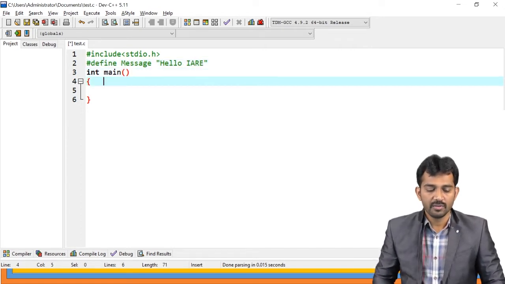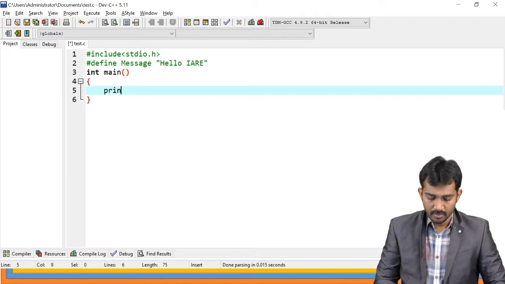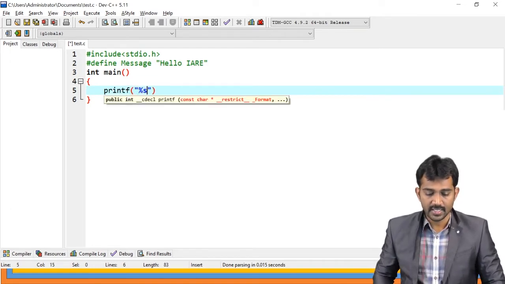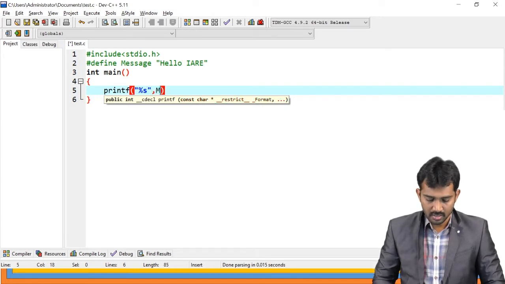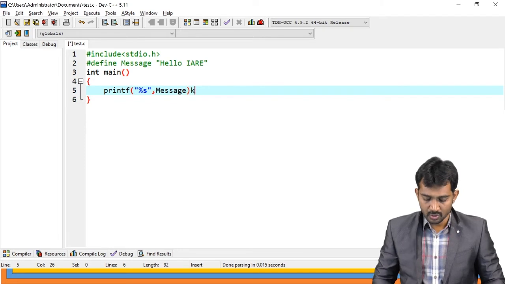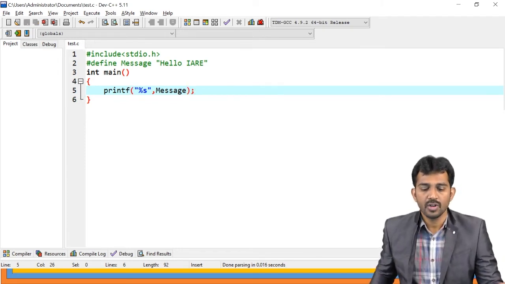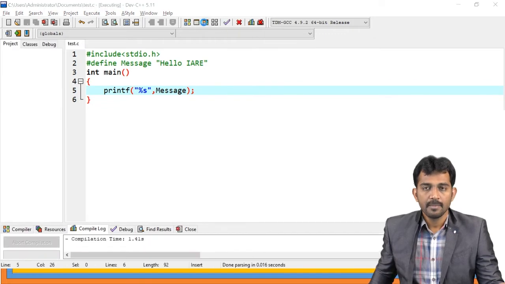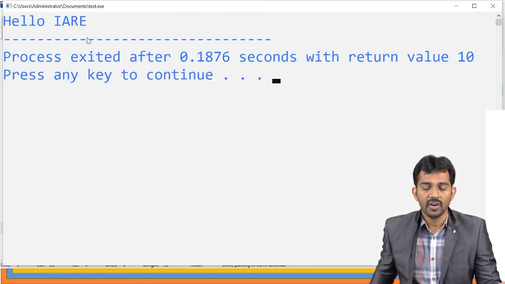If you print this one, printf of percentage s comma message, and run this code, the output is hello IRE.